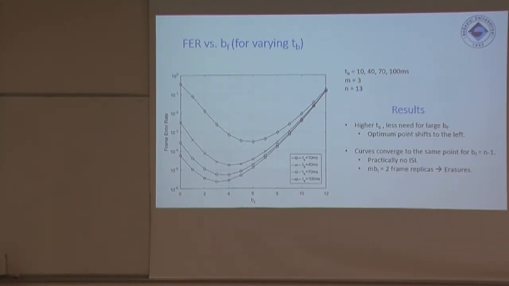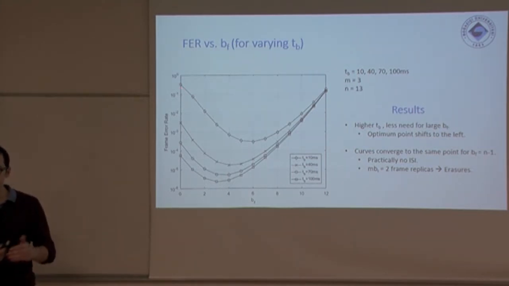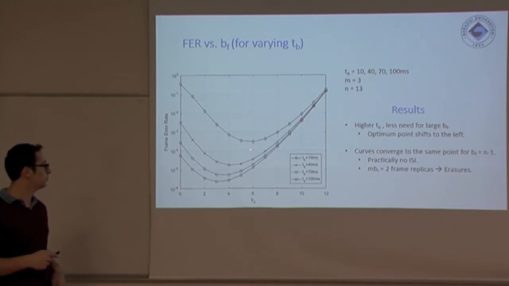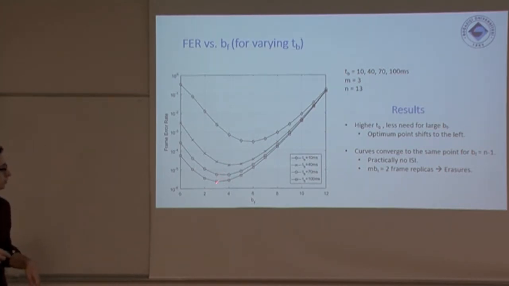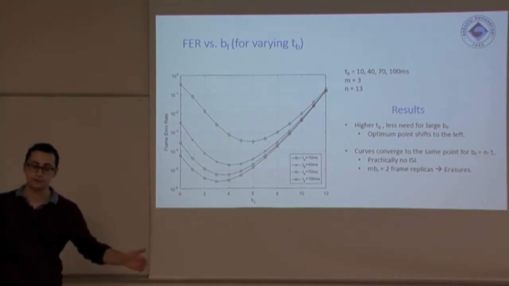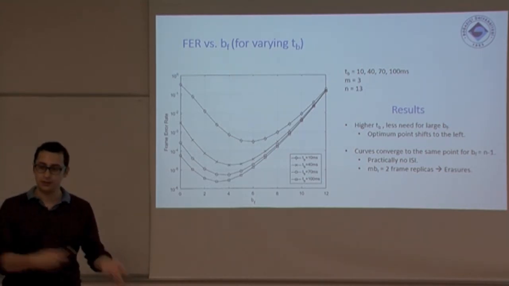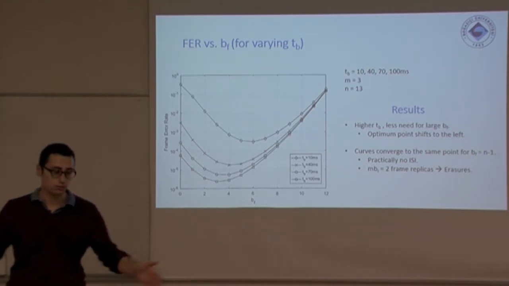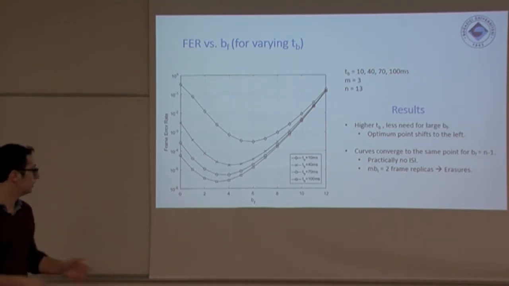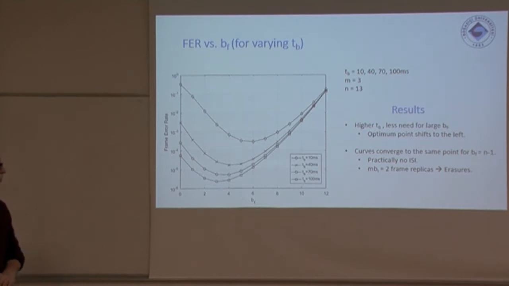So in this case, as you can see, naturally, as TB goes higher, the communication performance gets better. But it converges to a certain point, because after a certain point, combating ISI even more is useless, because the channel is cleaned, I guess. So as we can see, the optimal point shifts to the left,